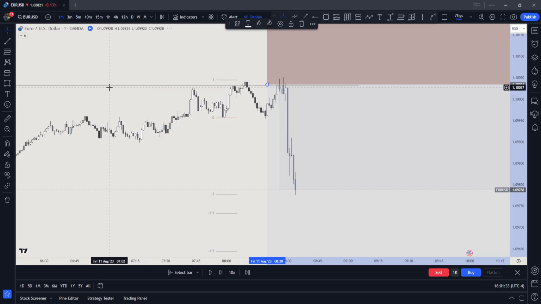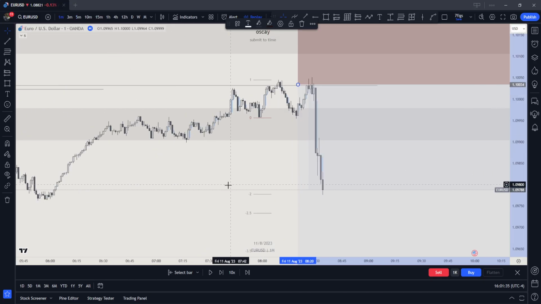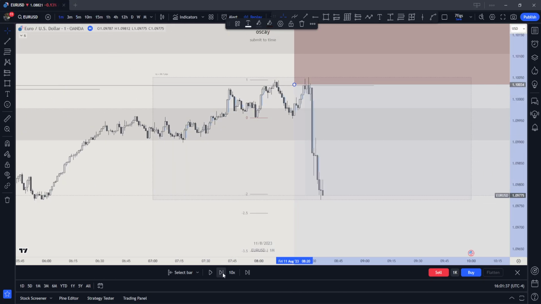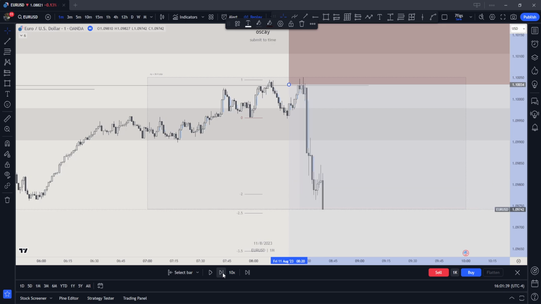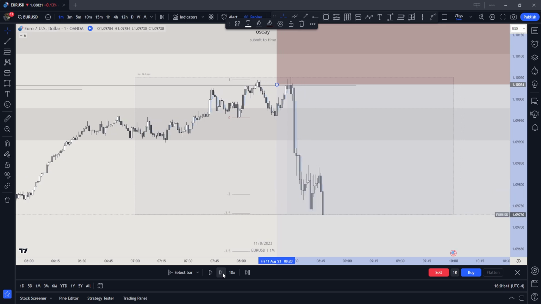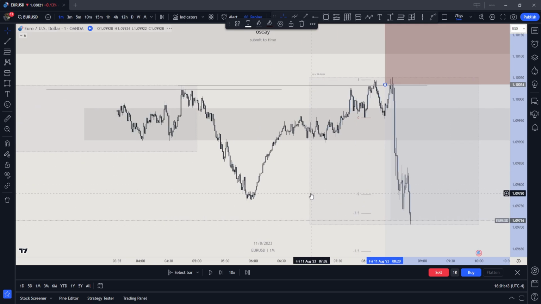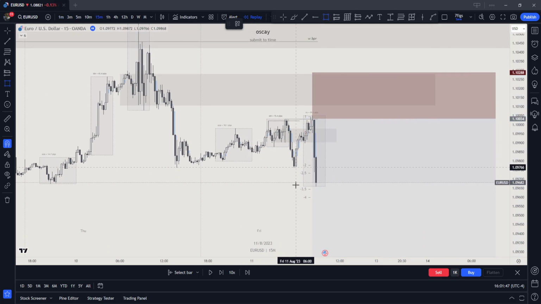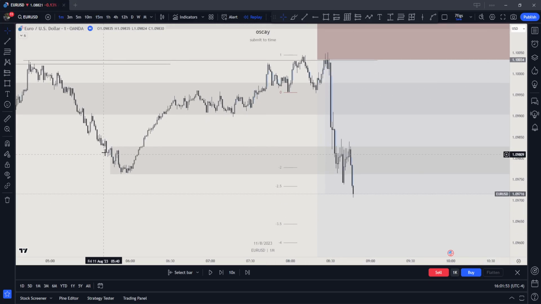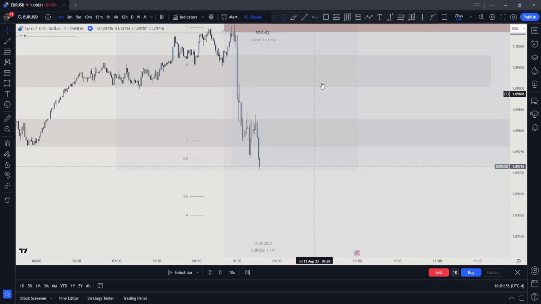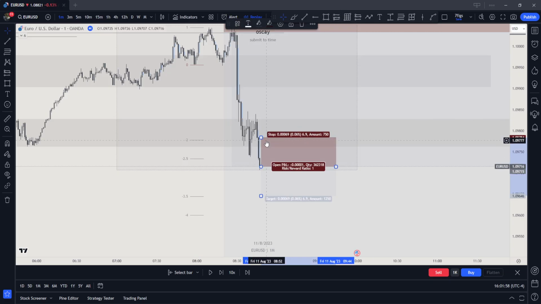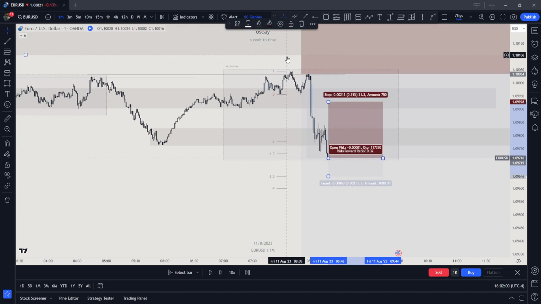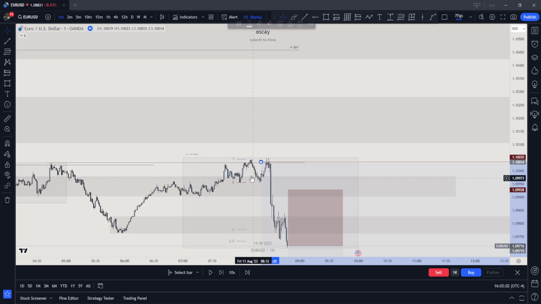Can I go to the 1 minute? Yes, we can. I think that this would be the high of the week, right? Then we have this M15 breaker. Inside of the M15 breaker, we're making FVGs downwards. So I will put another position right here. And then I can trail this position right here all the way back.